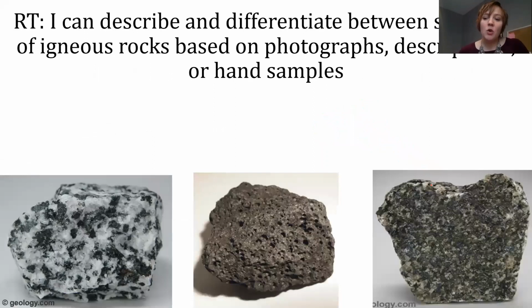All right, so now we're going to go over each of those rock types in turn and talk about the subtypes. So first, I can describe and differentiate between subtypes of igneous rocks based on photographs, descriptions, or hand samples. So igneous rocks, again, cool from magma. The two subtypes are volcanic and plutonic. Difference being, volcanic rocks are rocks that have cooled at or near the surface. So generally speaking, they have erupted from a volcano. That creates volcanic rocks. The other option, the plutonic rocks, these,